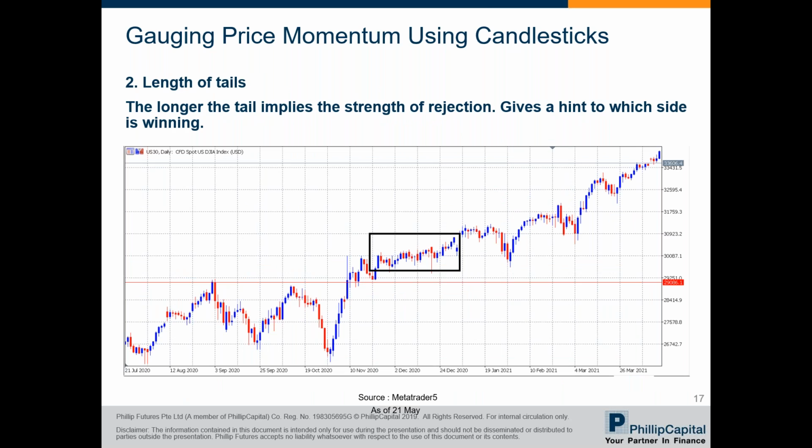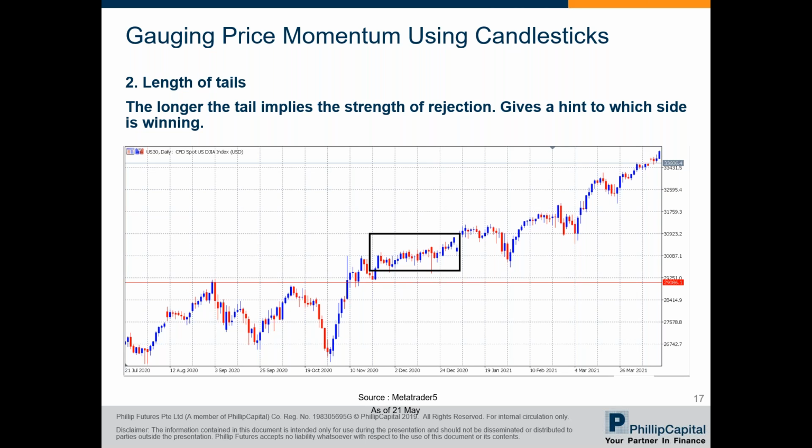Next, besides the length of the bodies, the length of the tails can also hint at the direction bias. Using the example of the Dow Jones CFD's daily chart, prices have broken structural resistance and did a retest of the resistance turned support before going into higher territory with a lot of volatility and ranging. Let's use this part over here as our case study, as in the black box. With so many long candlestick bodies, before it tapers off to flat bodies, you can also observe the length of the wicks to determine the direction bias.